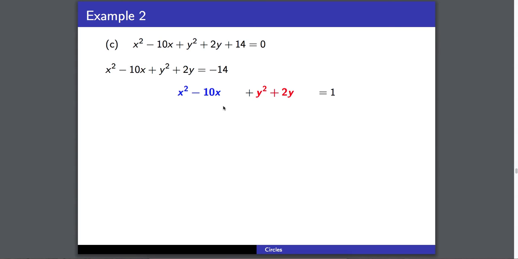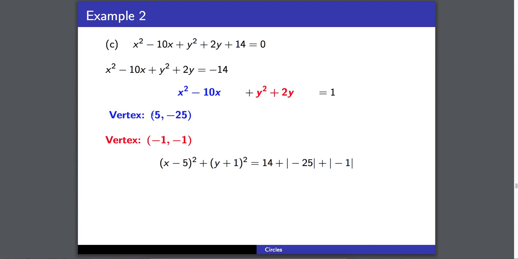The vertex for x² - 10x is (5, -25), and the vertex for x² + 2x is (-1, -1). I guess for this one, since the x and y's are the same, you could have graphed y² + 2y and it wouldn't have mattered. But in any event, we have (x - 5)² + (y - (-1))² becomes (y + 1)²